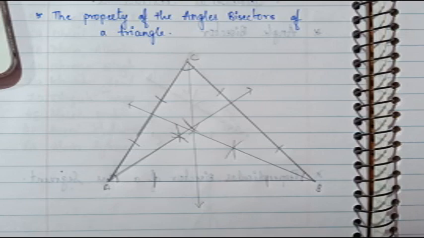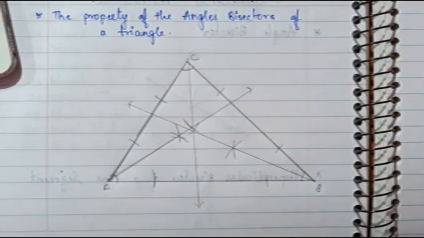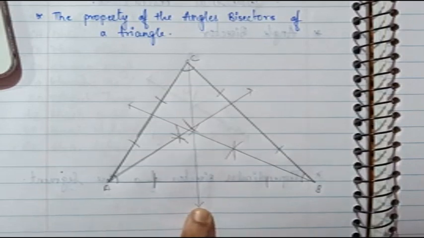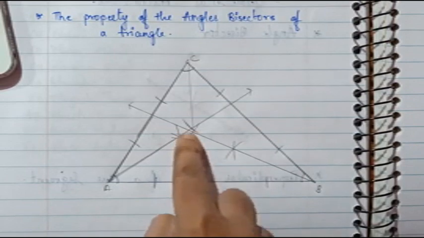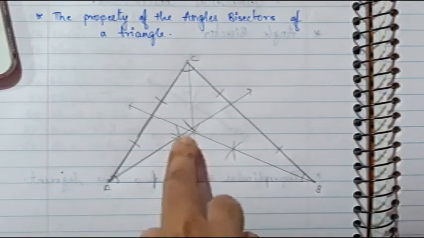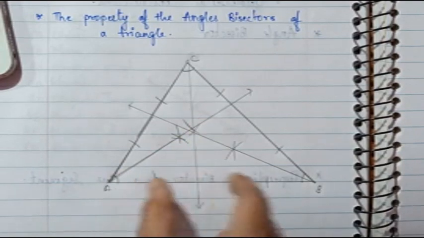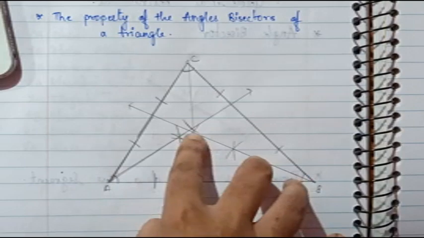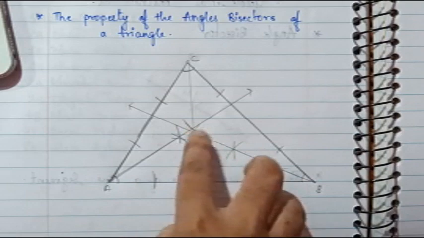The second part you will write, that is the perpendicular bisector of a line segment. Again you will draw that thing and construct that thing, and the third part you will write, that is the property of the angle bisectors of a triangle, and you will construct this diagram, this triangle, but you should get the intersecting point. I haven't got the intersecting point. Why? Because I have changed the measurement over here. You have to keep the similar measurement for 3 angles, so then you will get the intersecting point, and that is the property of the angle bisector of a triangle.